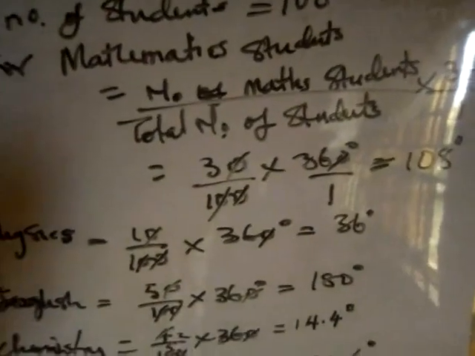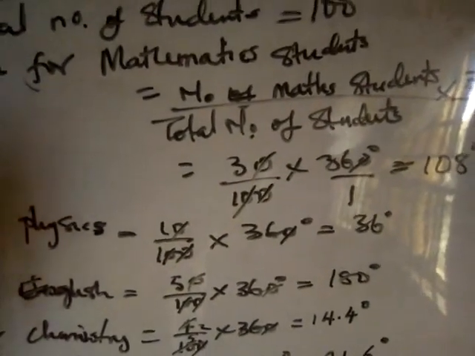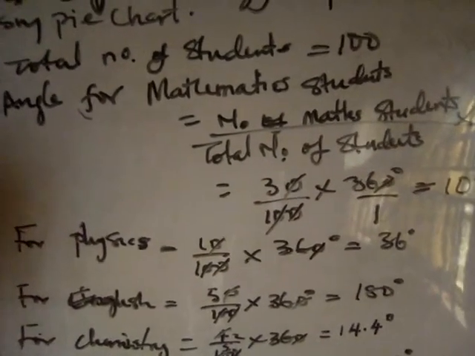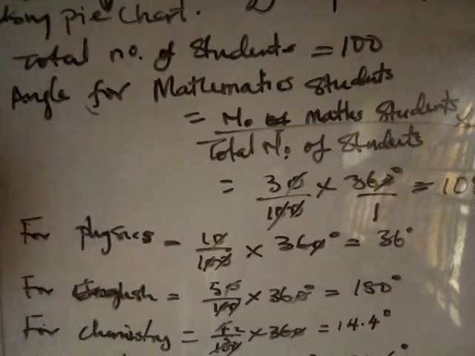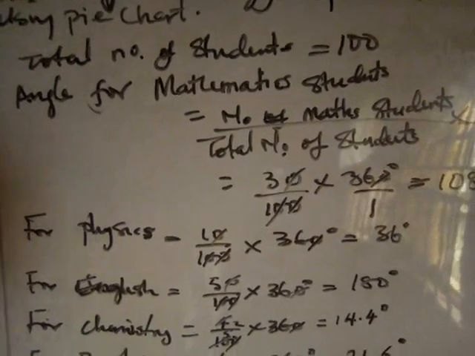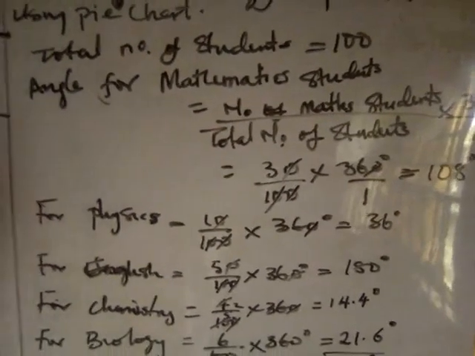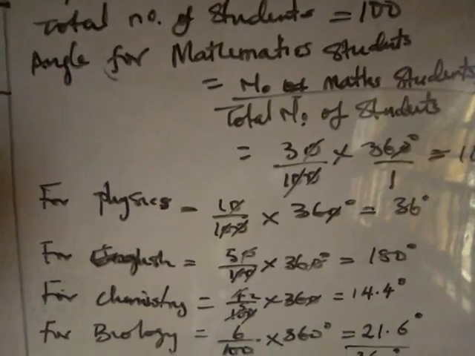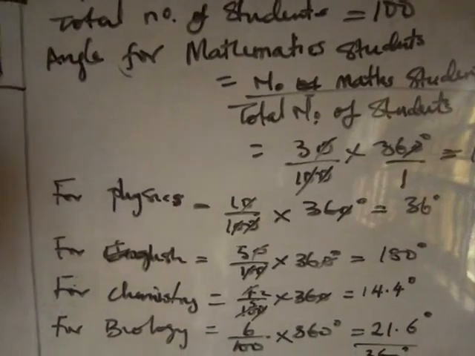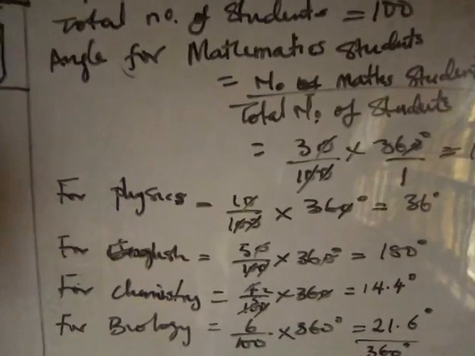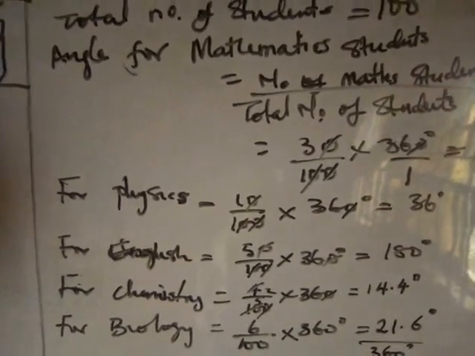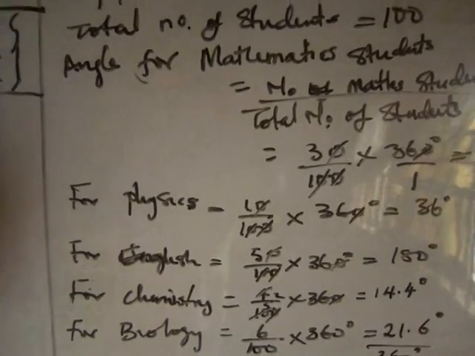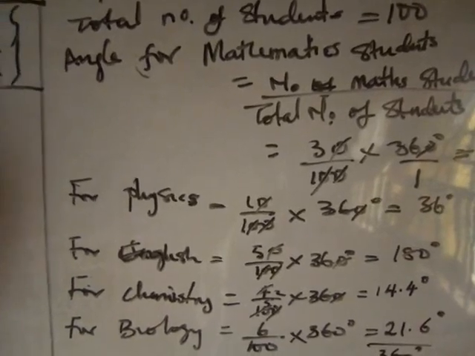So we have 30 over 100 multiplied by 360, which is 108. For physics, we have 10 over 100 multiplied by 360, which is equal to 36. For English, 50 over 100 multiplied by 360 gives us 180. And for chemistry, 4 divided by 100 multiplied by 360 gives us 14.4. And for biology,